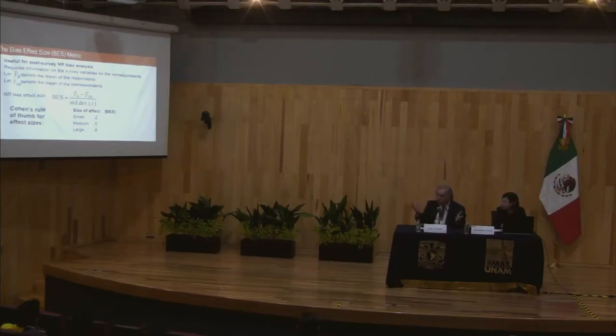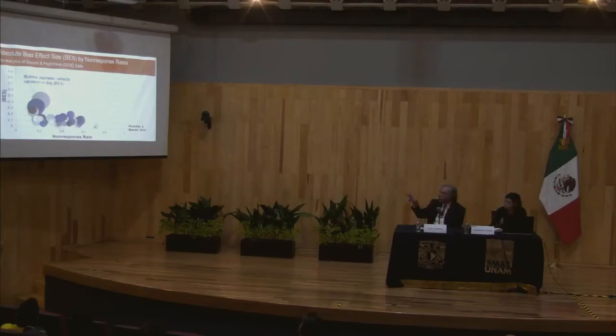So Cohen's effect size is essentially what you're looking at here. And in fact, you can use Cohen's effect size to measure whether you've got a small, medium, or large bias going on in your particular sample. So that's just an idea. Again, we need more indicators, not fewer indicators. We need more indicators because each indicator has different characteristics and will show you different things.